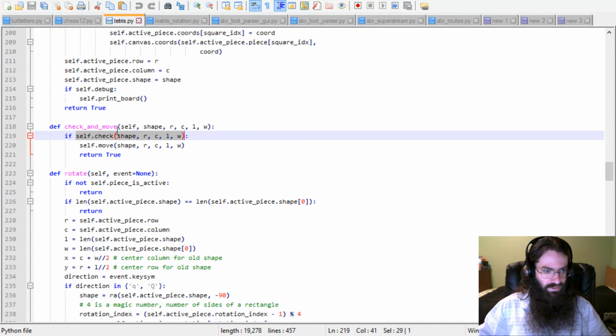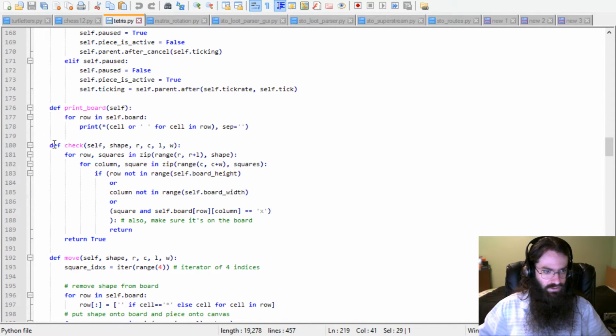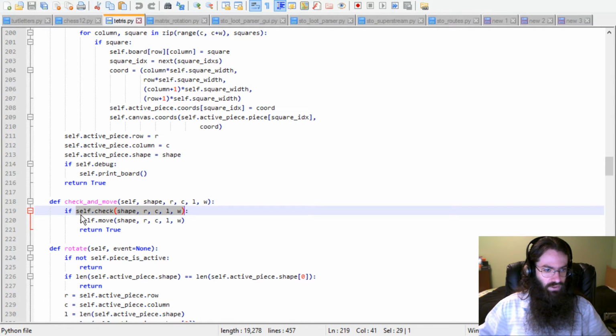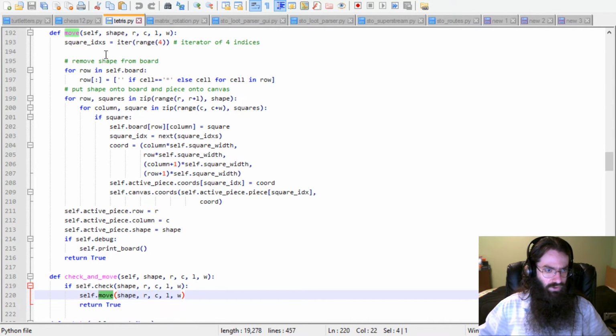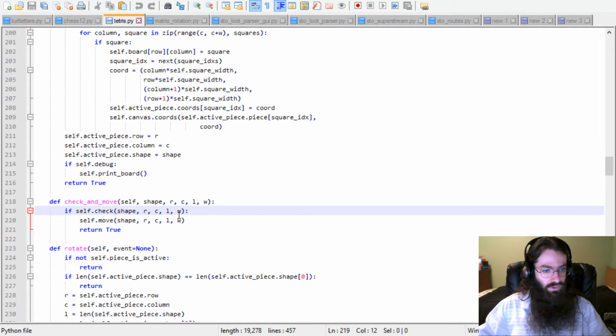If this and this self.check, it either returns early if it knows that it has failed, which means None, or if it succeeds, it returns True. So if you check and it's okay to go there, then go there and return True. But self.move right over here also returns True, because we don't move unless we have checked and made sure it's okay. So what I'm going to do is